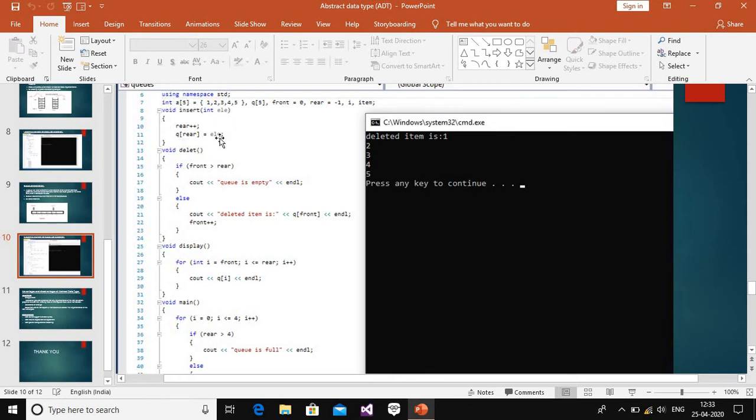The next part is to delete the element in the queue. How do we delete an element in the queue? I already explained this: the element should be deleted in the queue at the front end.